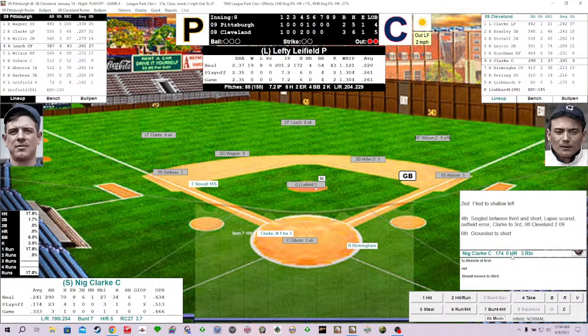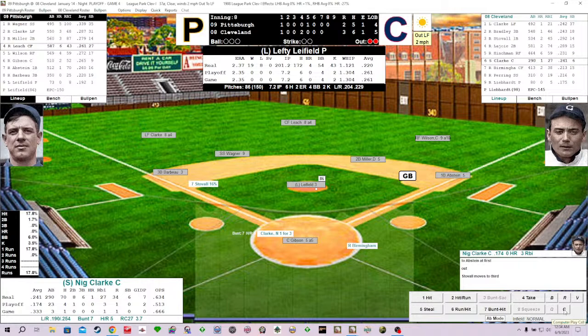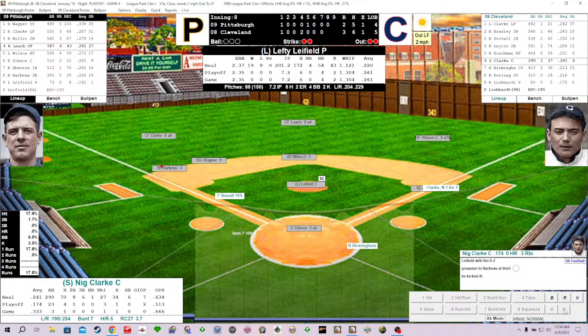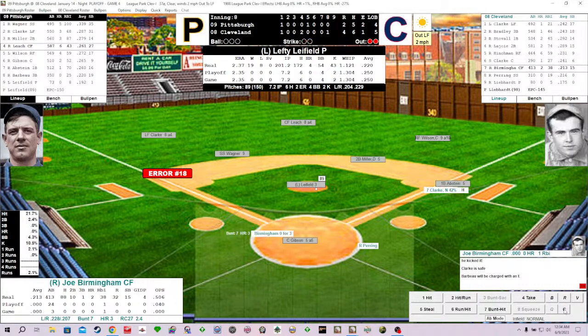Jay Clark, RBI single back in the 4th. Lefty Leifield deals from the stretch in the 0-2 to Clark. Fastball grounded to 3rd, and this one dropped by Jap Barbeau. Again, another unfortunate nickname. Barbeau charged with the error, and a big gift for the Cleveland Naps as they now hold a 4-2 lead.